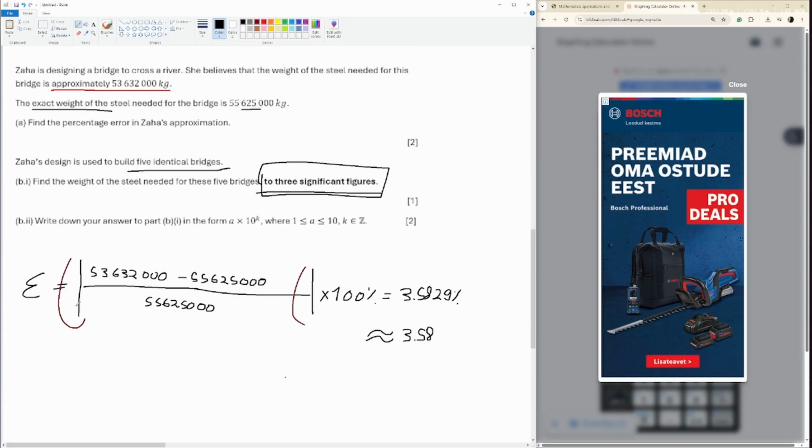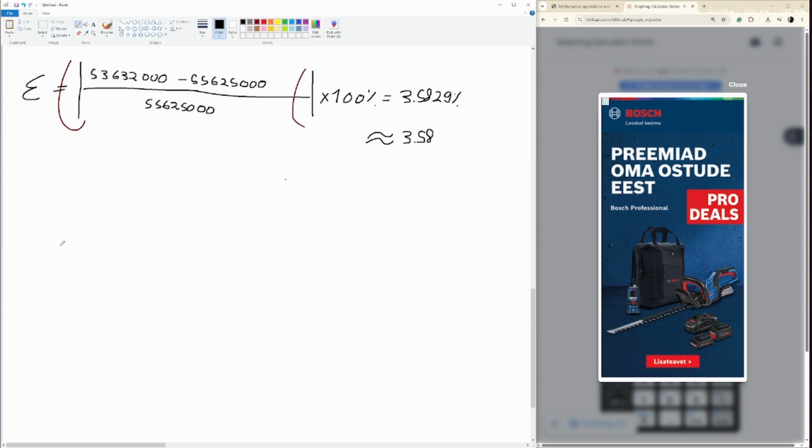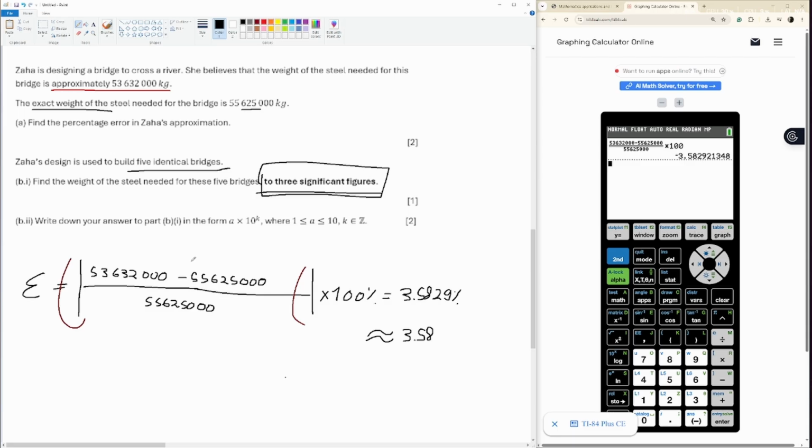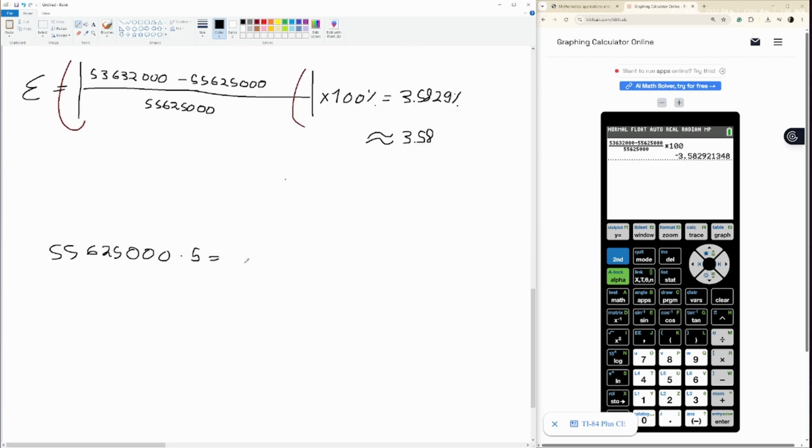So we take our number, 55,625,000, and we multiply this by, was it 10 or 5? I think it was 5. Let me check. Yeah, 5 identical bridges. 55,625 times 5,